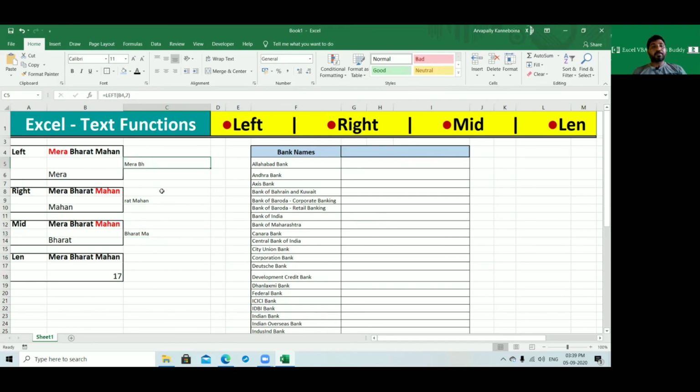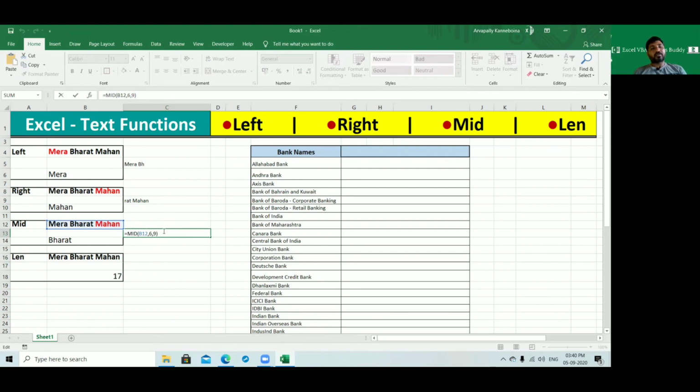The left function should give the leftmost characters from the given string, the specified number of characters. The right function should give the result from the right, and that number of characters will be returned. The mid function is similar but slightly different compared with those two functions.